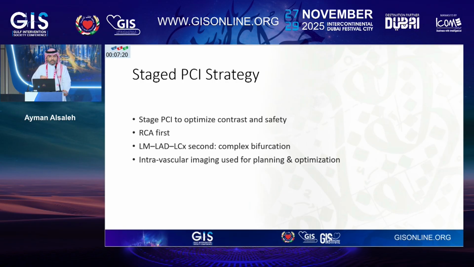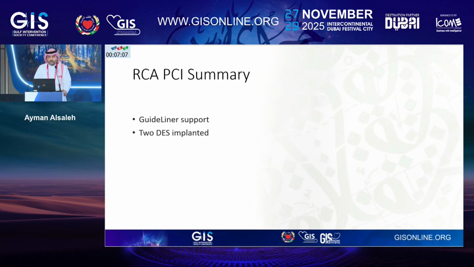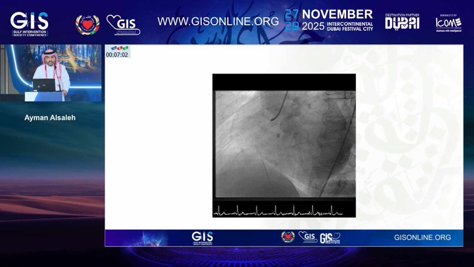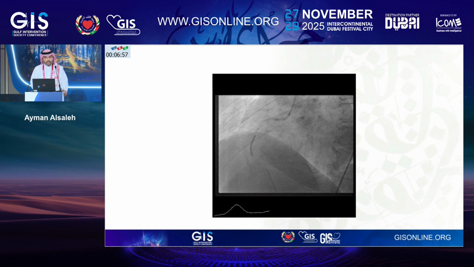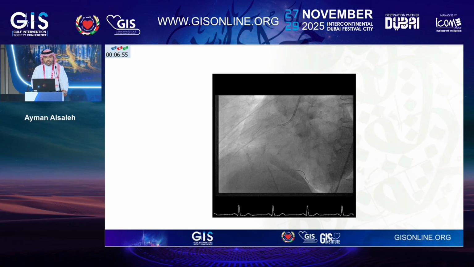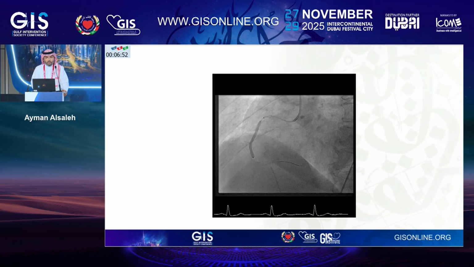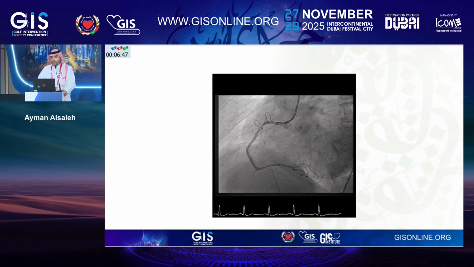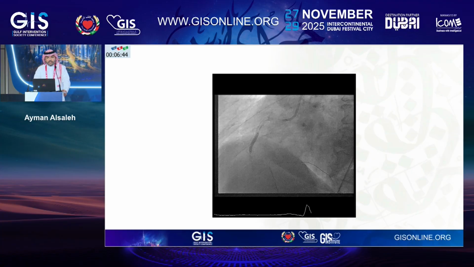Also, intravascular imaging was utilized for planning and optimization. We're not going to go into the details of intravascular imaging. We're going to talk about another niche, which is ostial disease and DCB, which jives with the prior talks. So, going quickly through the images, guidelines support a drug-eluting stent. With significant calcified disease, delivery was an issue. We used a smaller balloon and gradual pre-dilatation, got a good expansion, and later deployed the stents using a Guideliner, overlapping the proximal segment, and I think we got a reasonable result.